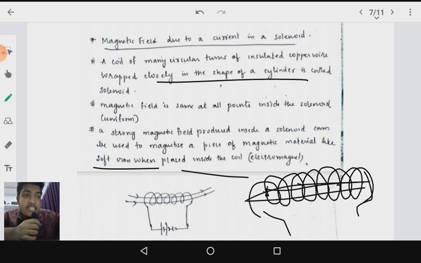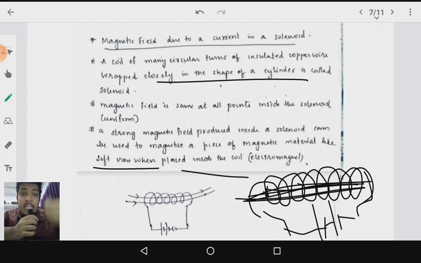So if I am inserting some soft iron and connecting it to a circuit, this particular soft iron is subjected to the same magnetic field for a longer duration. So it will get magnetized because it is a magnetic material, and after it gets magnetized, it can be used as a permanent magnet. This process is known as the electromagnetic effect, and this is the method of preparation